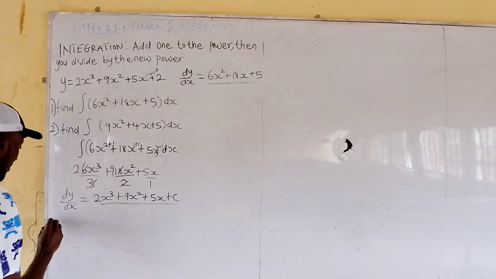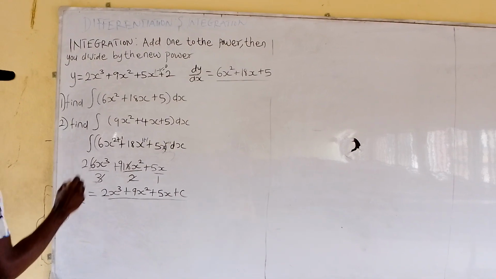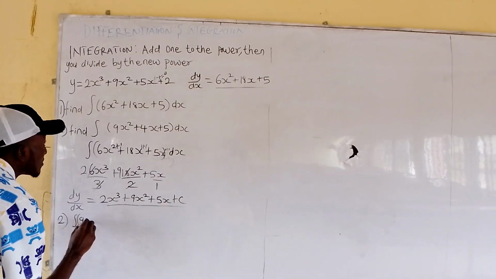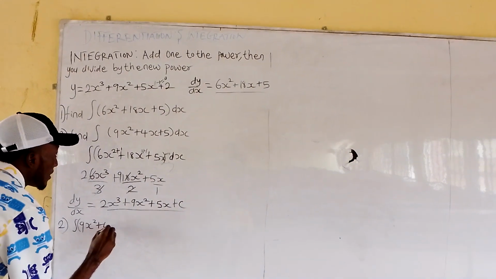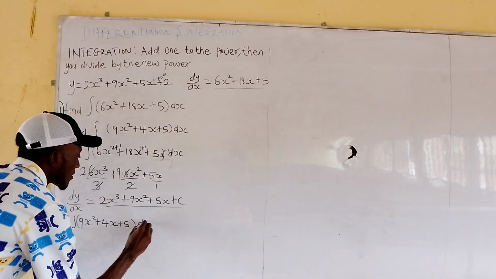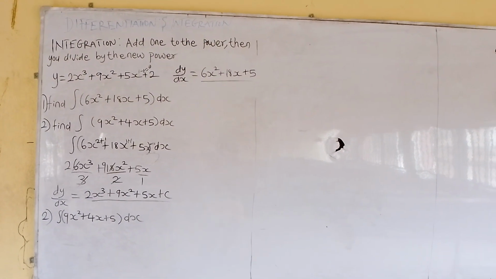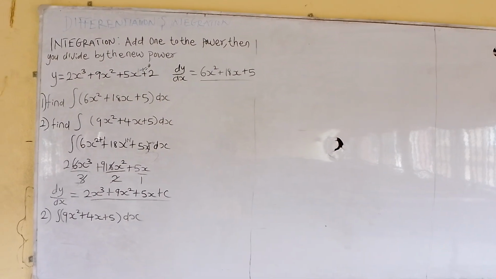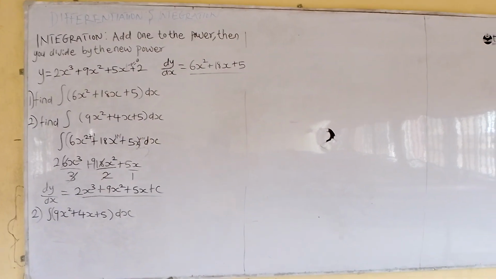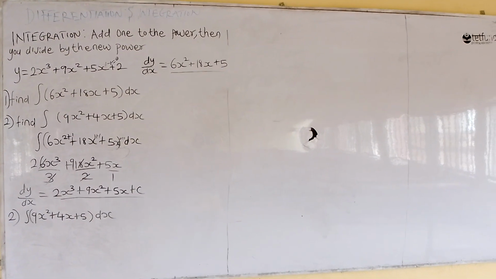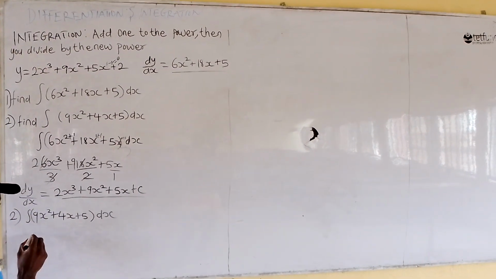We have number 2. We are asked to find the integral of 9x to the power of 2 plus 4x plus 5, dx. Okay, this one can be solved the same way. You can pause the video and try this, to see if you can get the answer. Okay, so remember our rule: you add 1 to the power, you divide by the new power. Adding 1 to the power of 9x